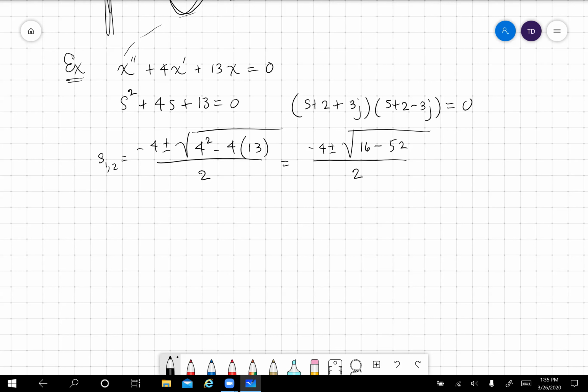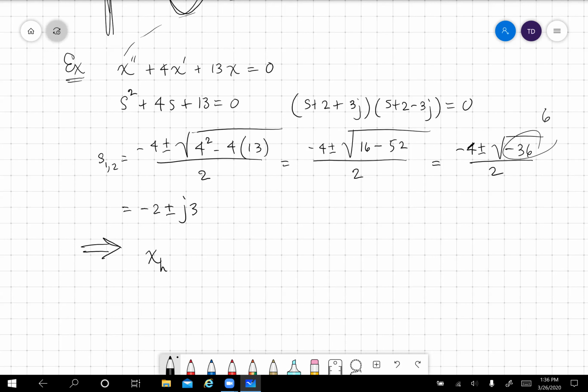So what's 52 minus 16, or 16 minus 52? 36, is that correct? Equals minus 4 plus or minus the square root of negative 36, divided by 2. And that's going to be equal to minus 2 plus or minus j3, because the square root of 36 is 6, and 6 divided by 2 is 3. So there's our answers, minus 2 plus or minus j3. Now, what does that mean? Therefore,